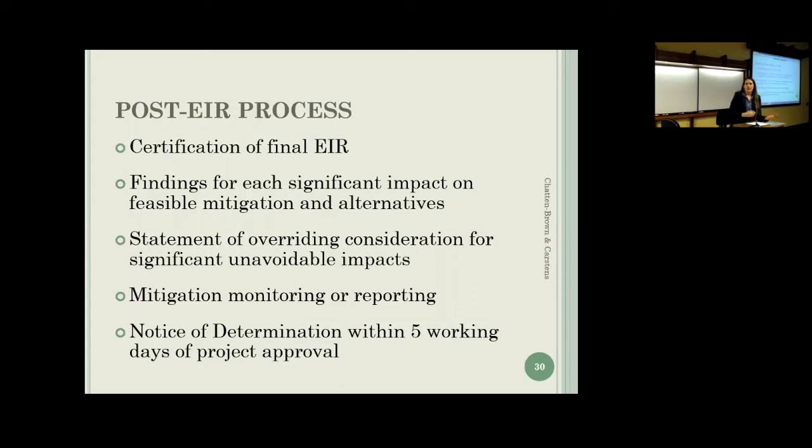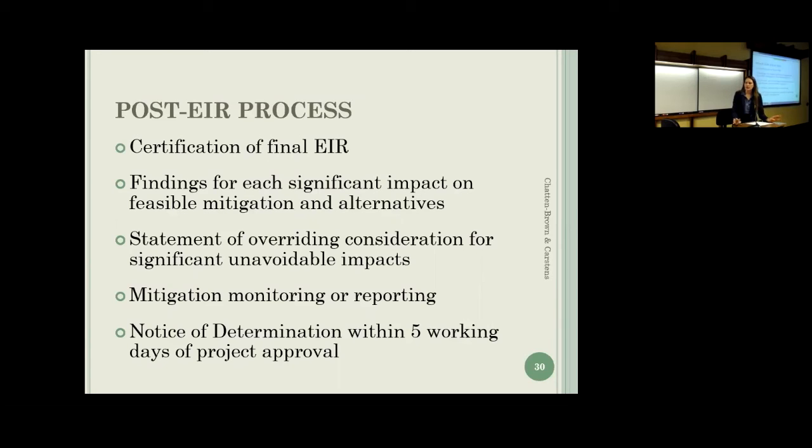It needs to be made available before the project is approved. We have seen it be made available as part of the staff report just a few days before project approval, but usually it's provided earlier and can be reviewed to see if comments have been adequately responded to and there are any significant changes to the project.